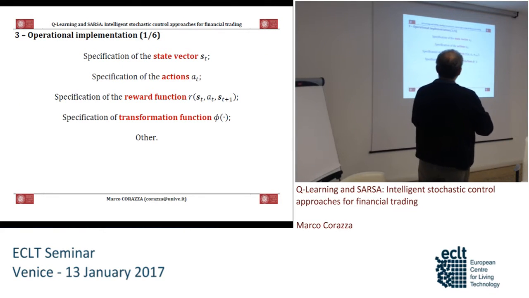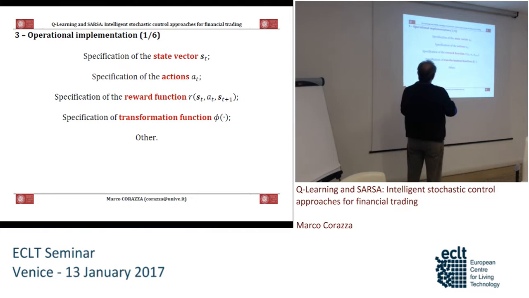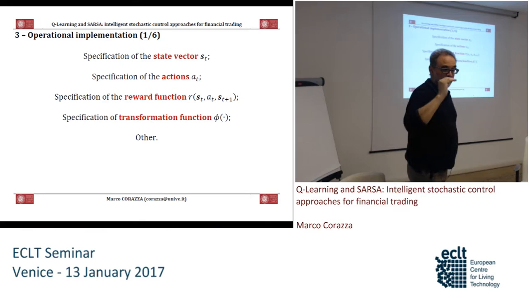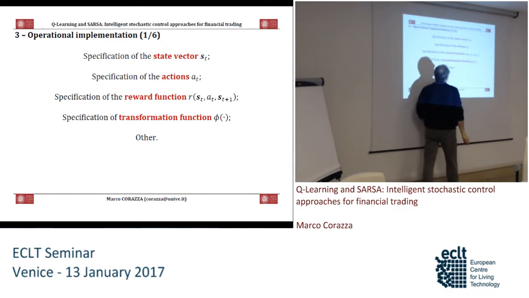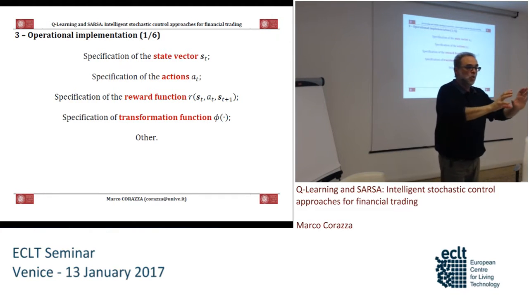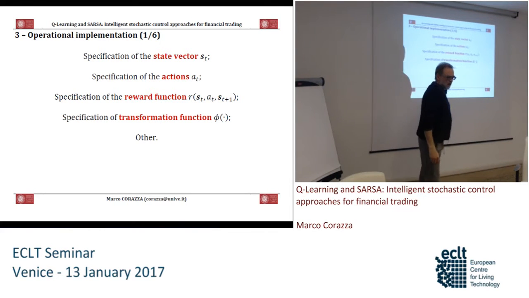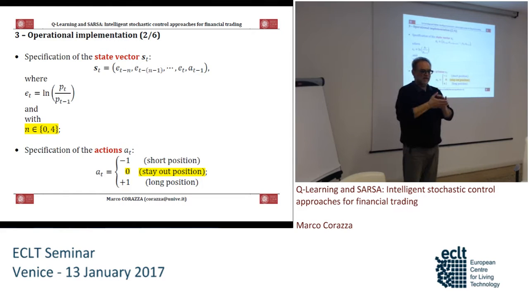Well, after this first part, in which I've introduced a bit of technical detail, now we can begin to implement our system. For implementing our system, we have to specify the state vector, that is the variable by which we describe the market, the action, the reward function, and also the transformation function, and other details. About the state vector,